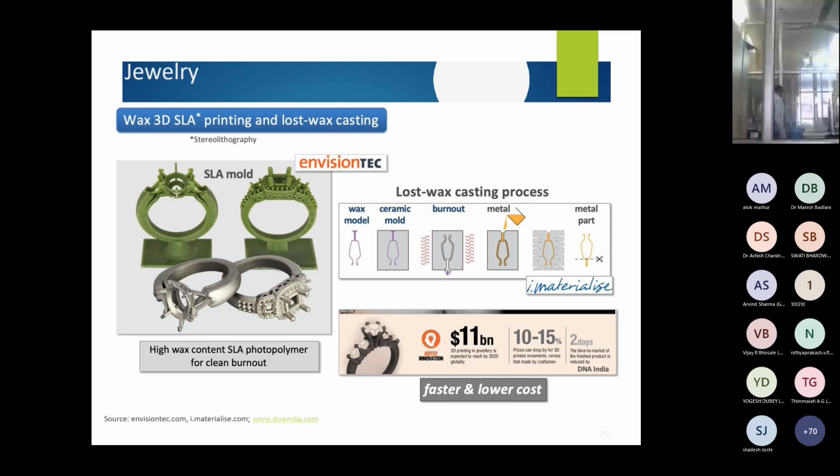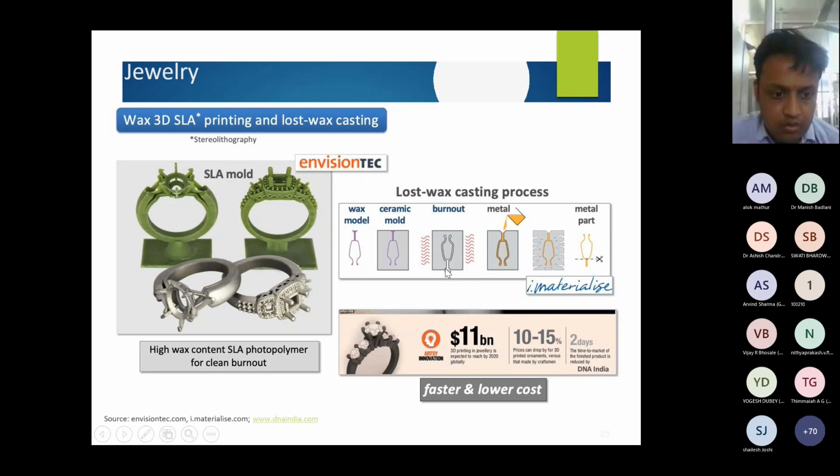Jewelry. Wax 3D SLA printing and lost wax casting. Lost wax casting process starts from the wax model. You can keep it into the ceramic mold, burn out, metal is poured, and we get the metal part.